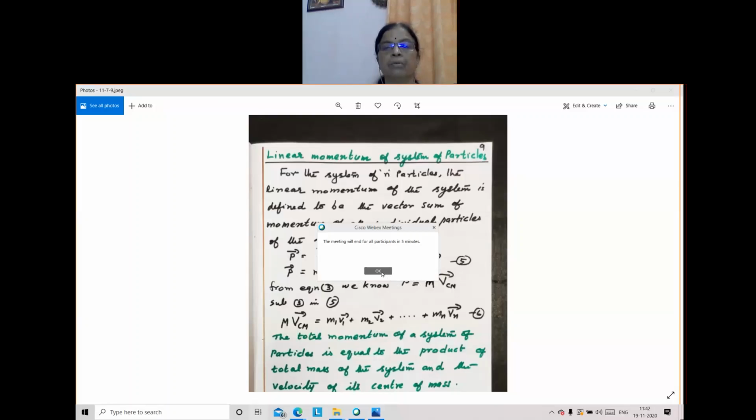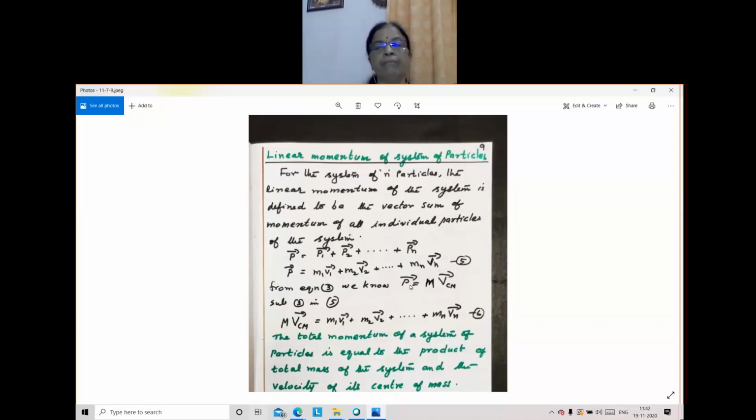5 minutes more. M and Vn. So total momentum of the system of particles is equal to the sum of the momentum of the individual particles of the system. Then we substitute momentum as mass into velocity. First particle, second particle, what is the product of mass and velocity? m2 vector v2 plus etc. mn vector vn. From equation 3 we have